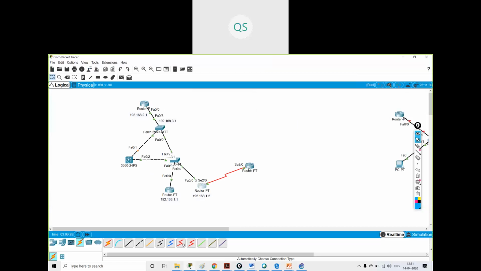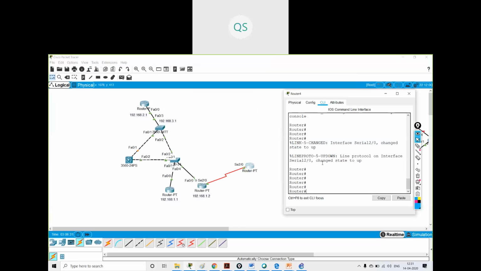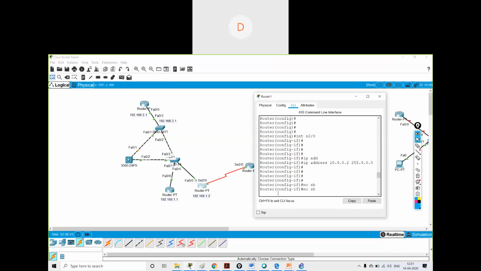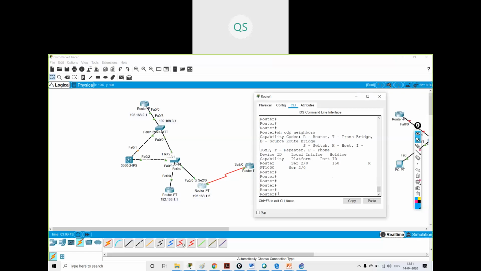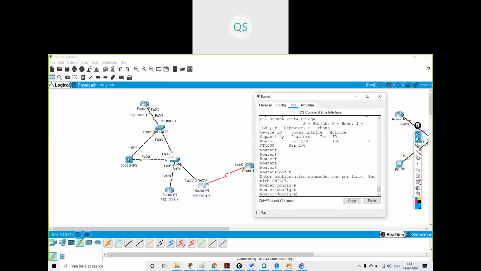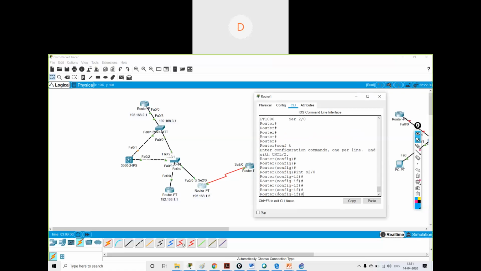Now, your point is, if we disable CDP on one side, it should work. So I will disable it on this port: interface serial 2/0, no CDP enable.